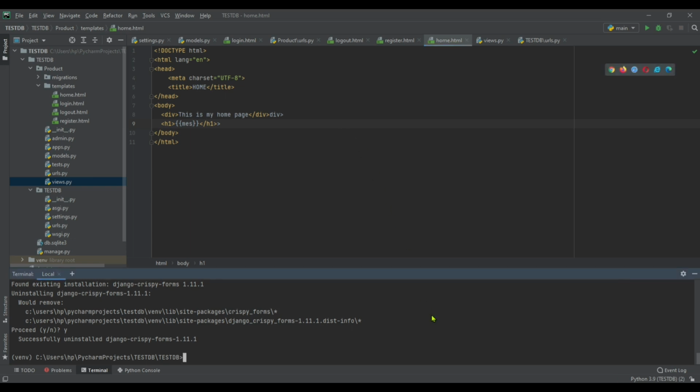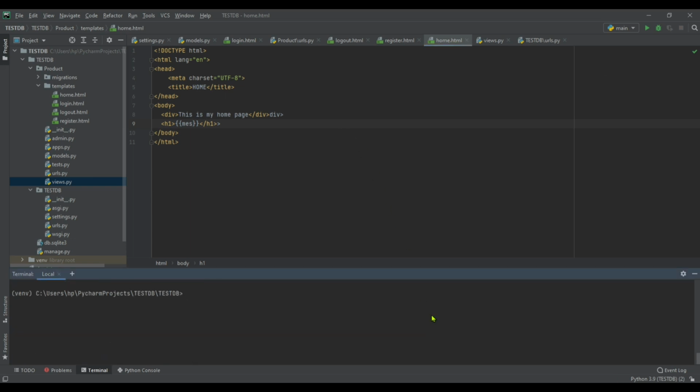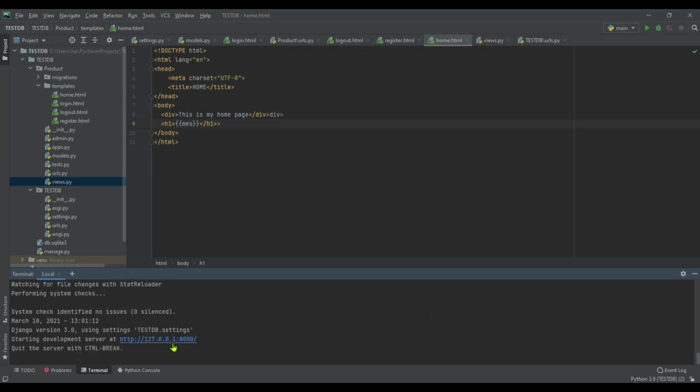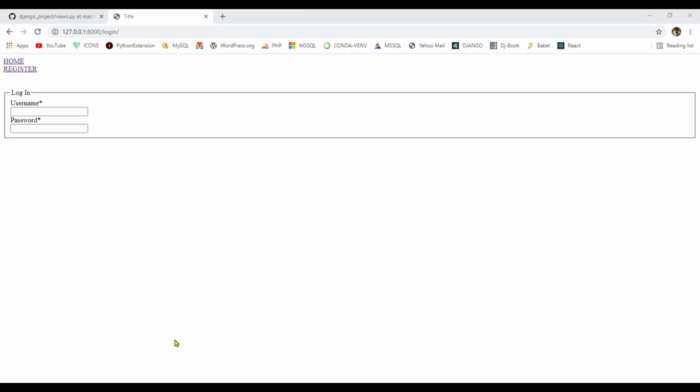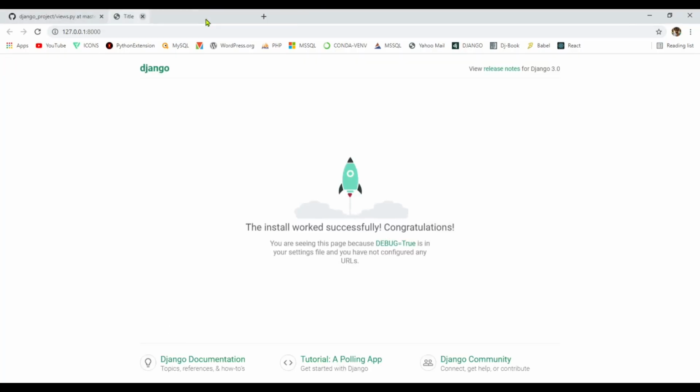So I run this file, manage.py, start the server. Our server is started. Click on this link. This is our home page,